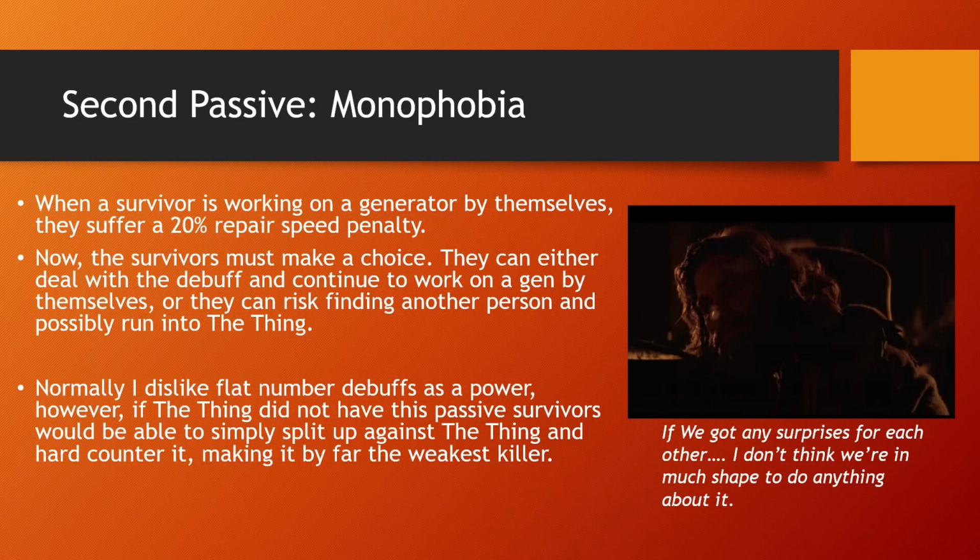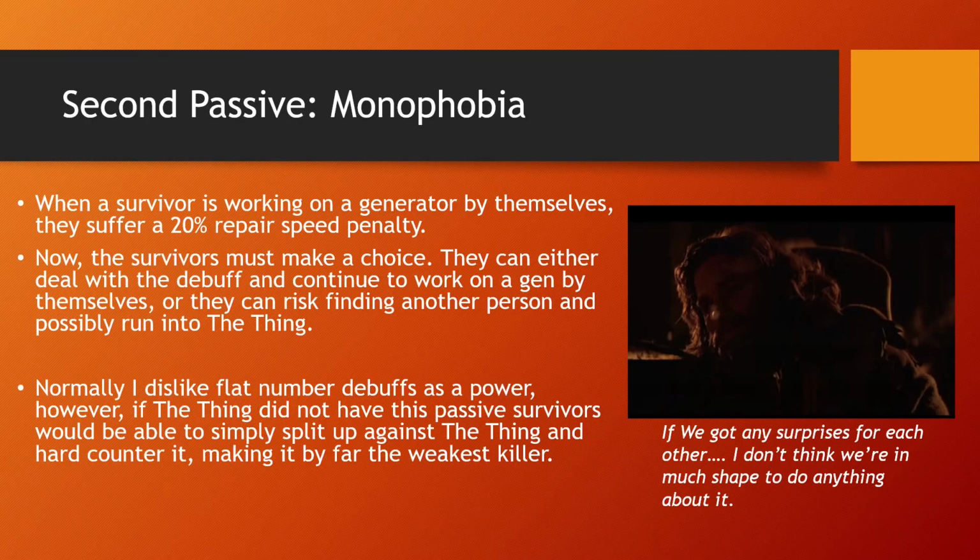In the movie, Kurt Russell and all the other fine actors who are playing people, that's how movies work, they have to stick together, because if they split up, the Thing can just jump them while they're alone. So even though they don't trust each other, they still have to stick together as a group. And that's where Monophobia comes in Dead by Daylight, to help get that idea of you can't be with people, but you can't be alone either.